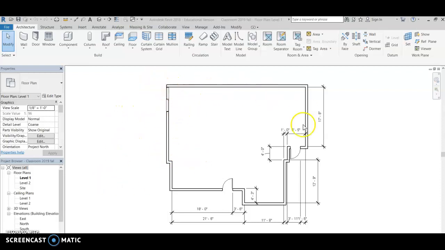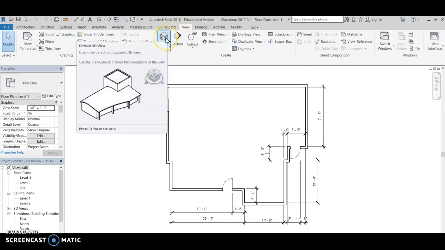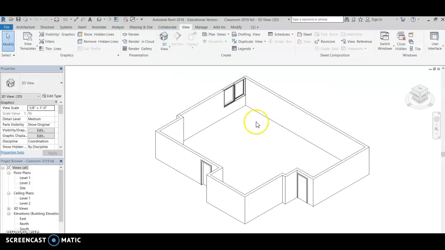Okay, so if you're at a floor plan right here and you want to look at the 3D view, you are going to go up to your view bar. You're going to simply click on that. And you're going to go to this guy that has a little 3D view of the house. Okay, and if you hover over it long enough, it'll tell you what it's going to open up. So you're going to click on that, and it's going to bring up this awesome 3D